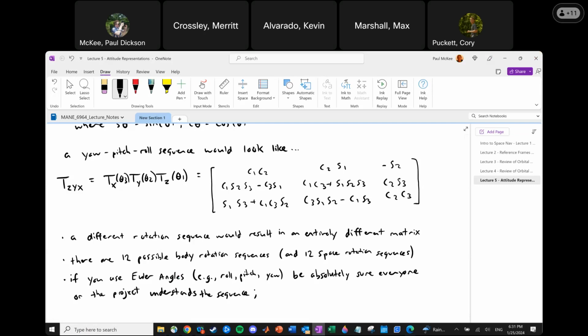And then also beware the dreaded gimbal lock. And we will talk about that next time. That is a great natural stopping point, gimbal lock. And we can talk about what that is next lecture,